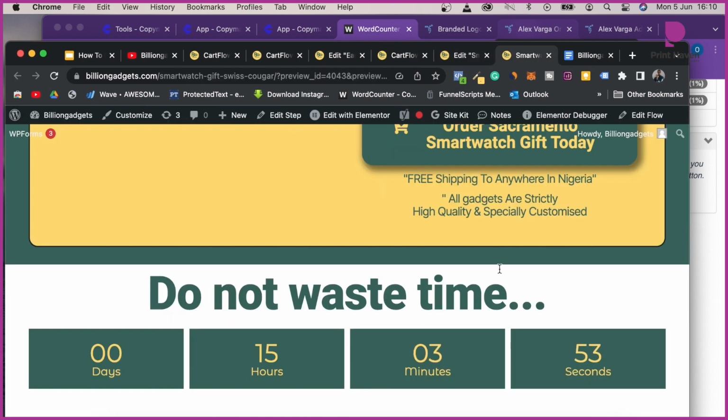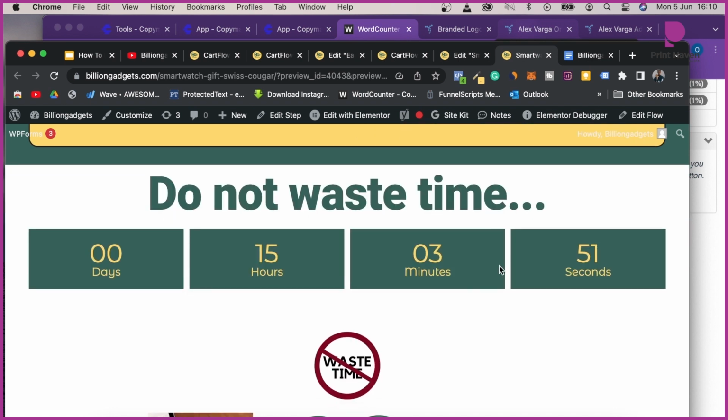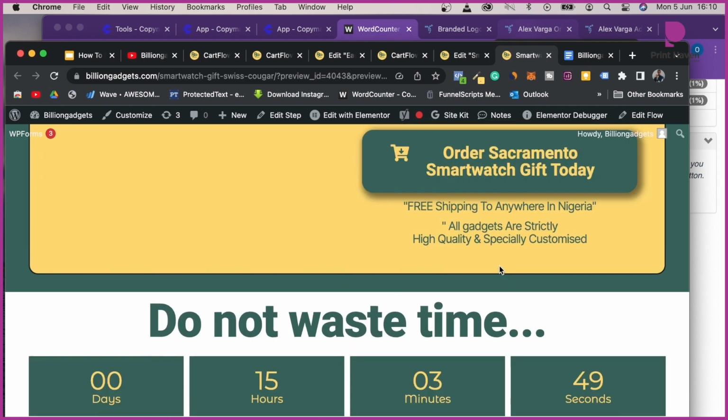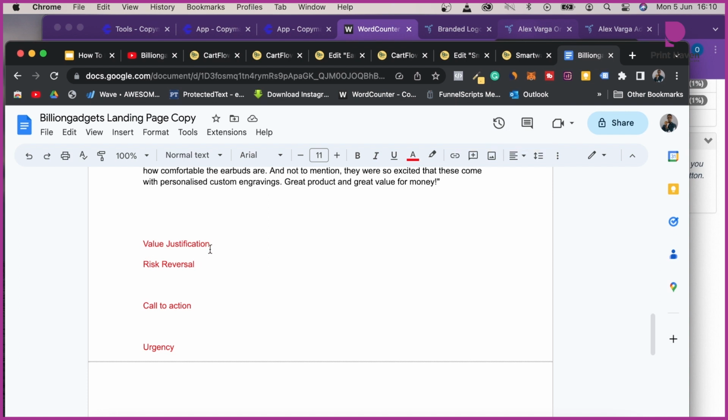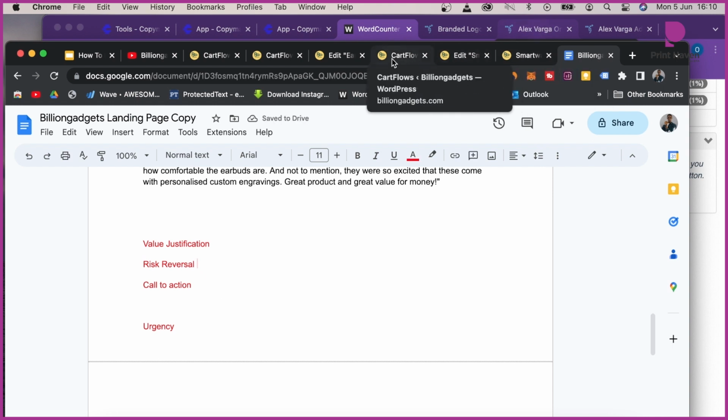I don't build from scratch. I build using previously used templates as well. So that's just it. Now, don't waste time. Don't waste time is urgency. So if we go back to our text here, we'll see value justification. We've talked about that. Risk reversal, we've talked about that. Call to action. Call to action basically is